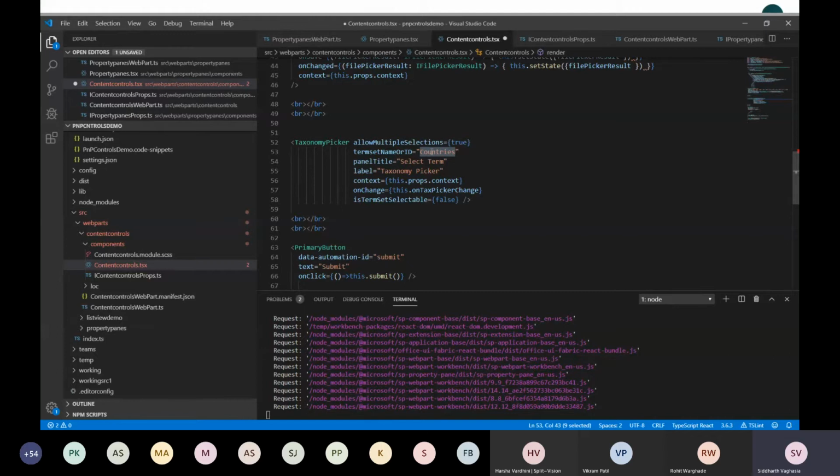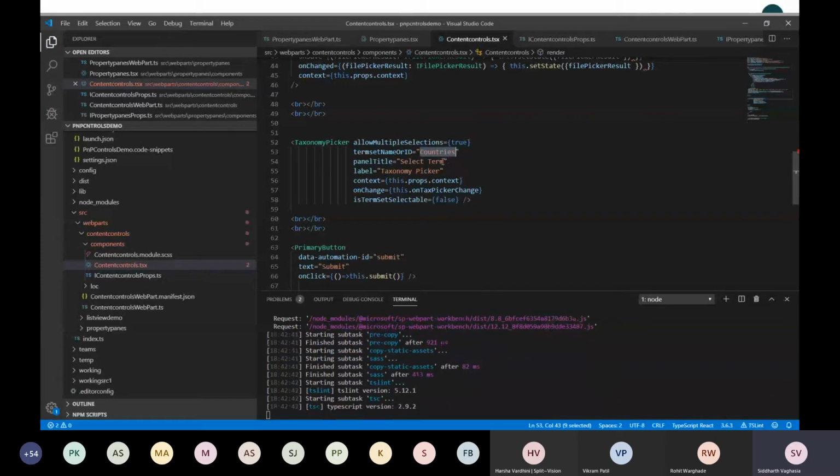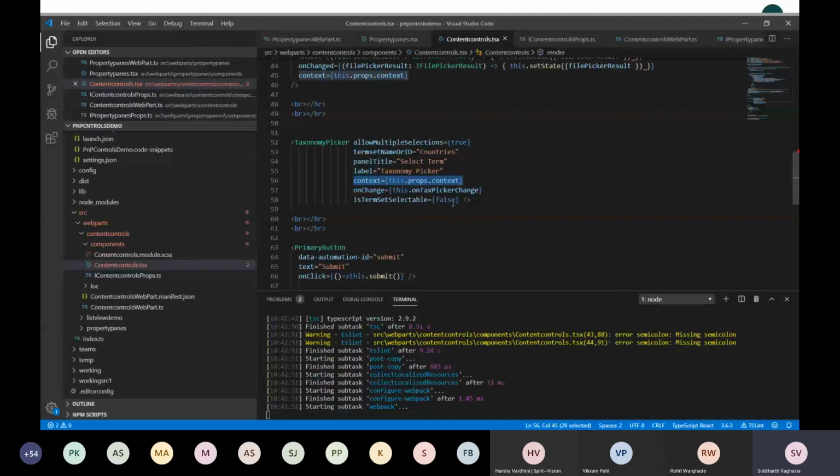You can also provide an ID here, so it will automatically connect, get the terms available within that term set, and render them onto the page. This is how the context has been passed. Some of these things are already configured in the documentation, but if you are looking for something which is not available, you can refer to the documentation and change it according to your need.